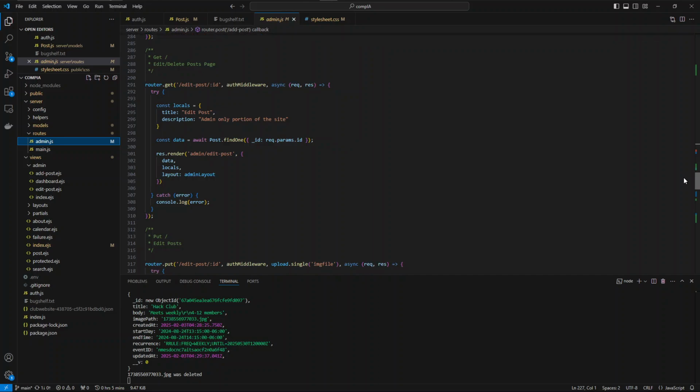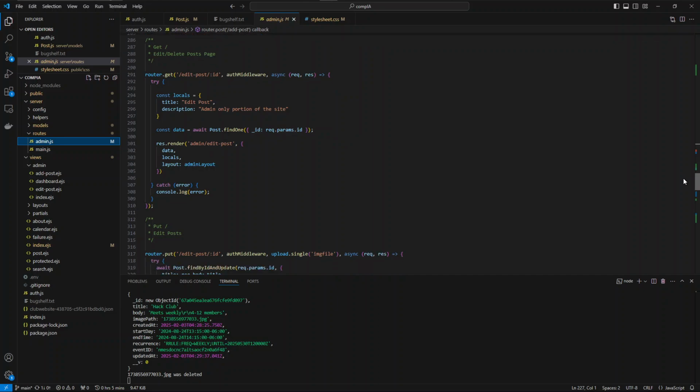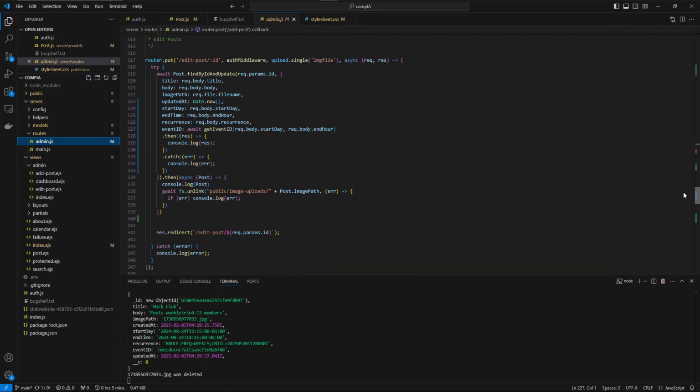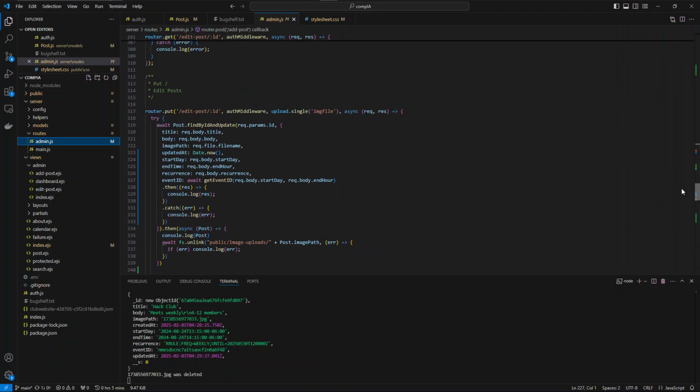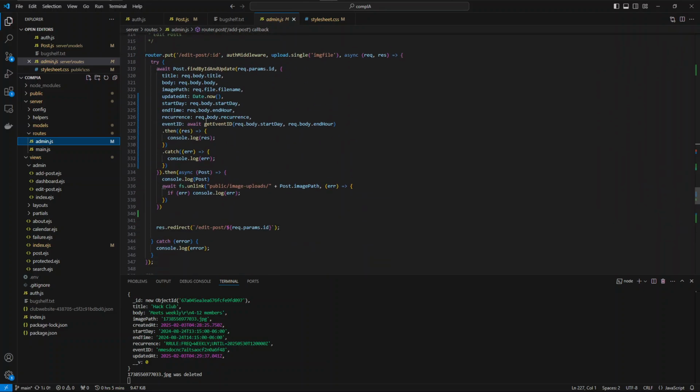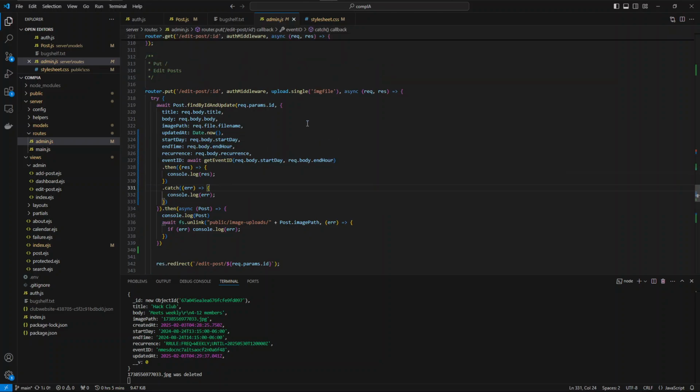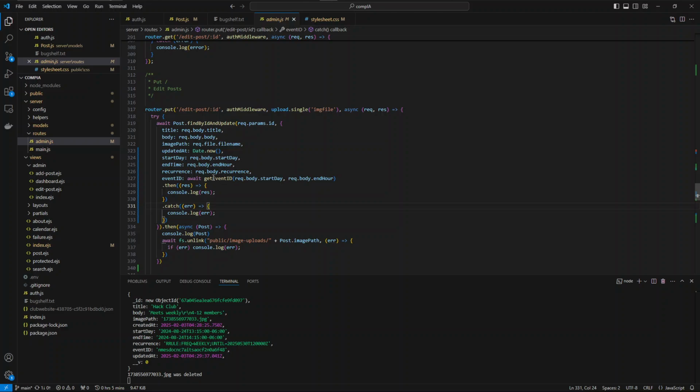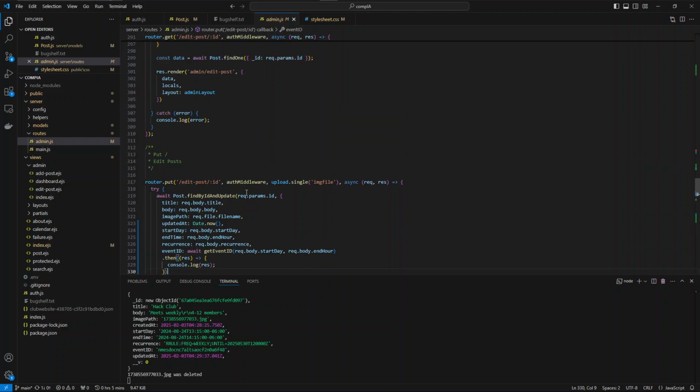But yes, the reason that calendar entries are not edited properly or deleted properly is because of an issue with getEventID, a function that I created. It's supposed to get the start day and end hour of a club and then return its event ID. However,